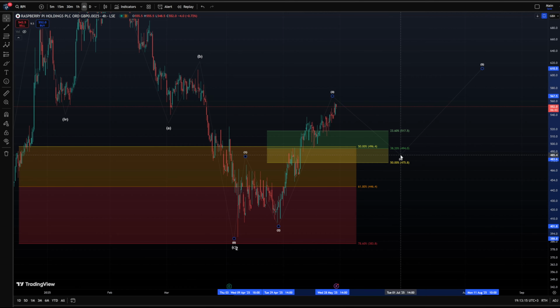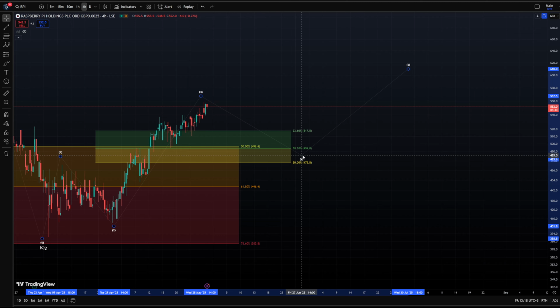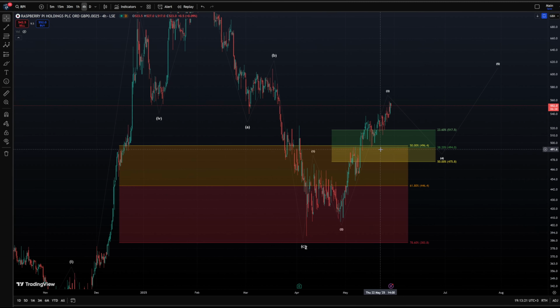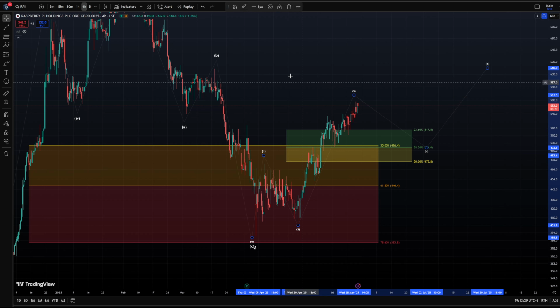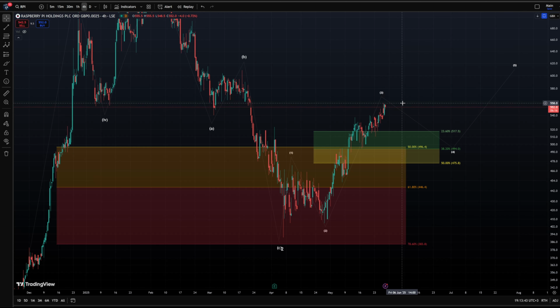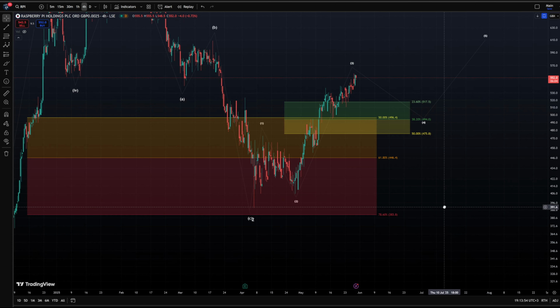The support zone here is a possible entry point, maybe even right here at the larger support zone for the bigger wave 1 at the 50% is actually maybe a decent entry, but there's also the risk that it breaks down, so be mindful that this scenario is quite fragile. It's on a pretty small time frame, and it's not something that can be disregarded as, oh, we go below 50%, we go down,